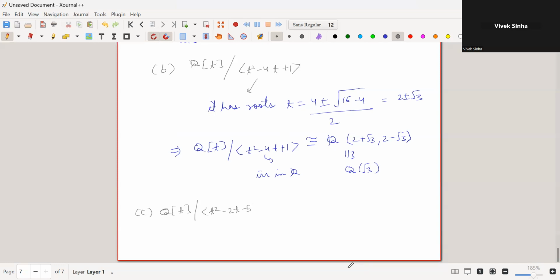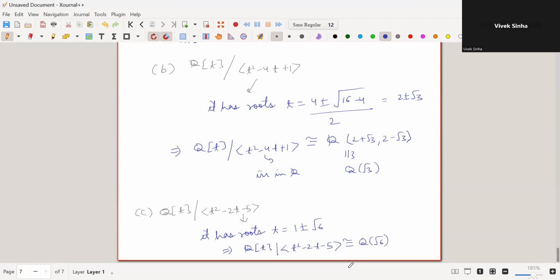It has roots 1 plus minus root 6. So t equal to 1 plus minus root 6. And this implies that this field Q[t] modulo t square minus 2t minus 5 is isomorphic to Q(root 6),